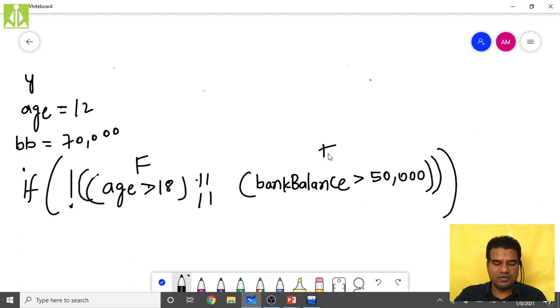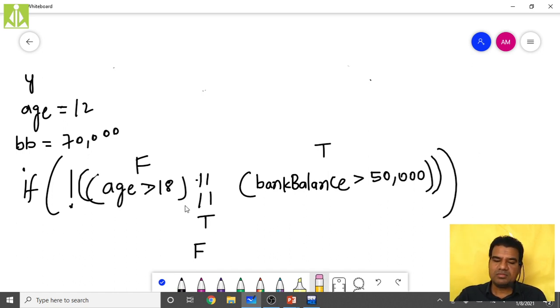So finally what will you get? You applied the OR operator, so you will get true here. But the not operator, what will it do? It will reverse this true, so you will get false. So the person will be disallowed, rejected from voting.